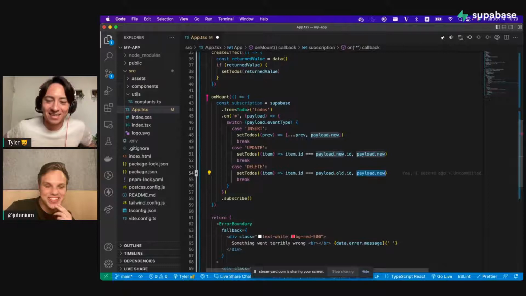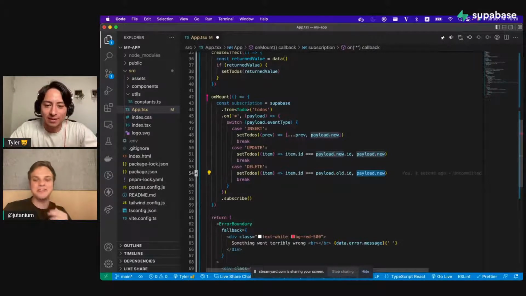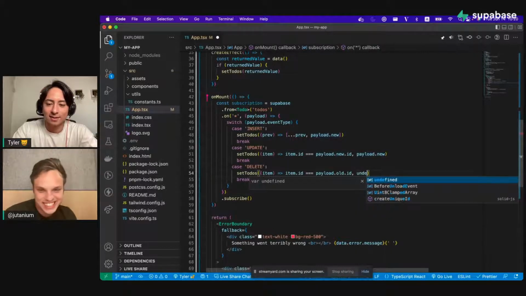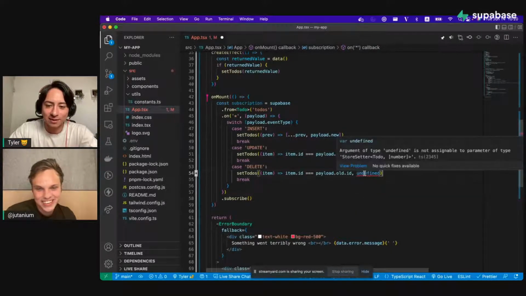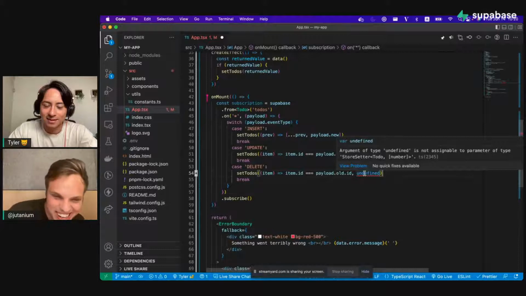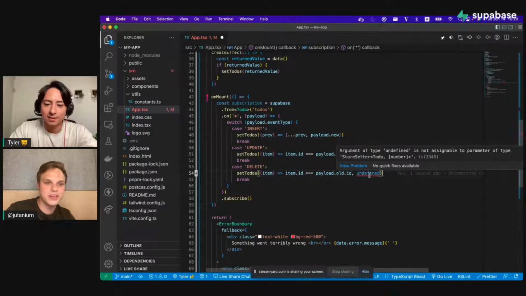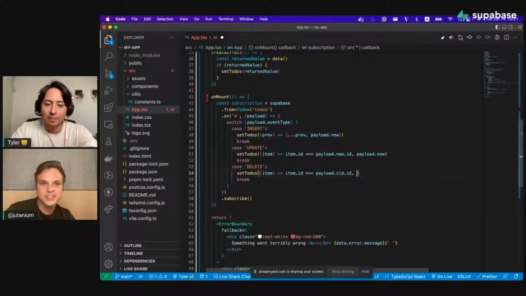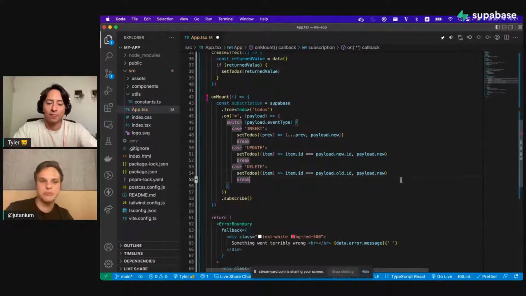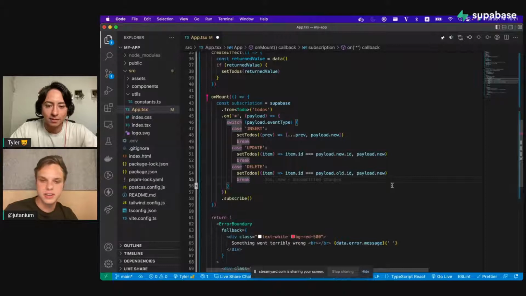I don't think so. I mean, you can pass undefined and sort of see what happens. Hopefully it works. Okay, maybe not. We can use, all right, I'm going to show off a little helper. It's called produce. Inside the set to dos, the first argument should be